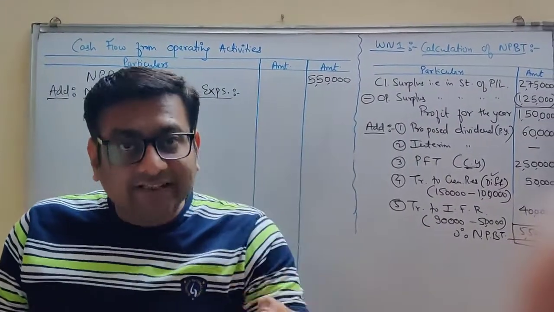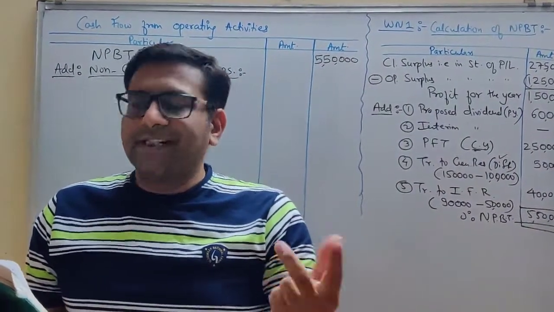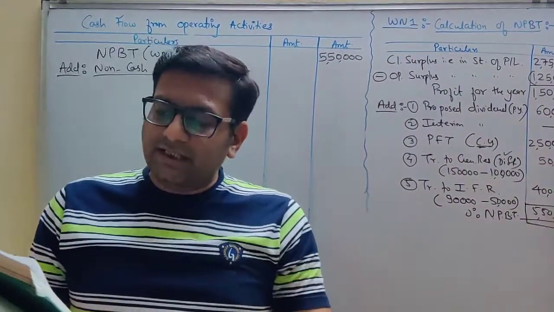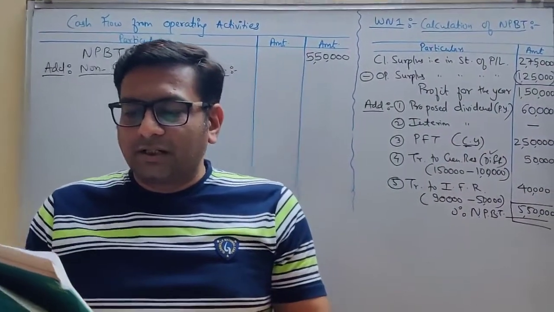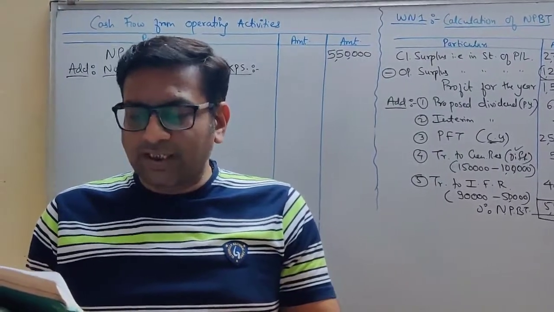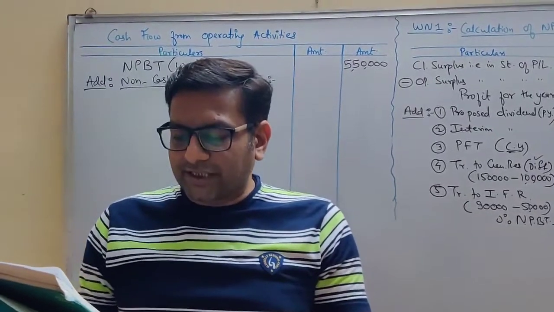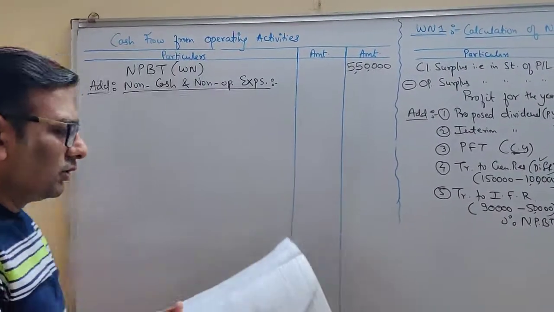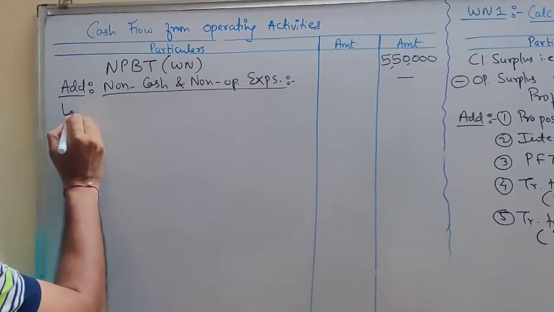Now one more fixed asset is given to you. Non-current investment. It is the same. Previous year 5 lakh, this year 5 lakh. So there is no depreciation in this sum. And even there is no amortization. Intangible assets are not there. So the question of amortization doesn't arise. So that's it. So there are no non-cash, non-operating expenses. Less